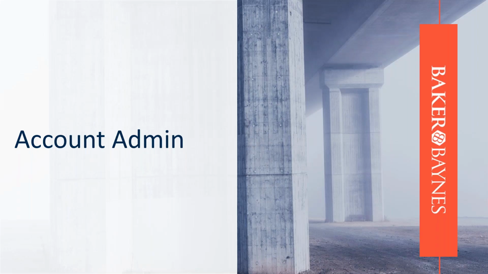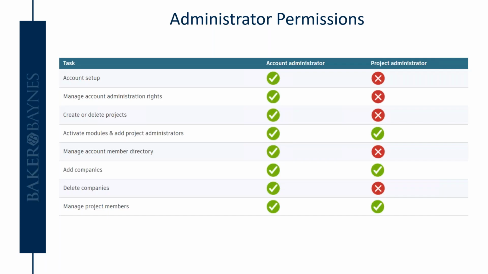Great, so let's jump straight into it. Account admin, there are 2 different admin levels, and I'm going to start at the highest admin level and then drill it down for you guys. From an account admin point of view, if we look at the administration permissions, an account administrator can pretty much do everything. It's important to remember that if you are an account manager on your hub,